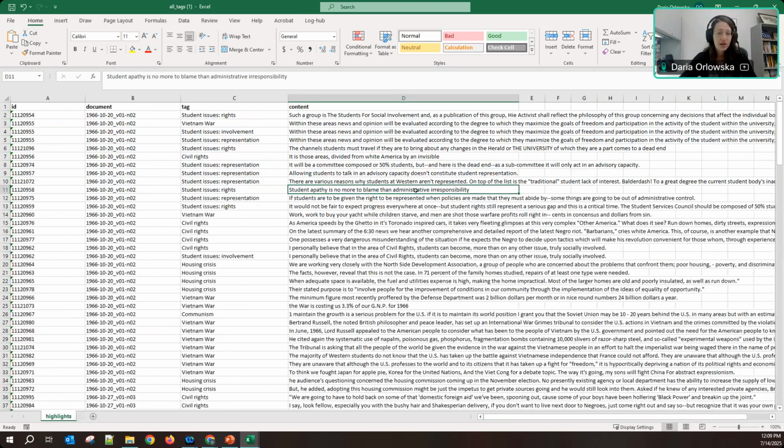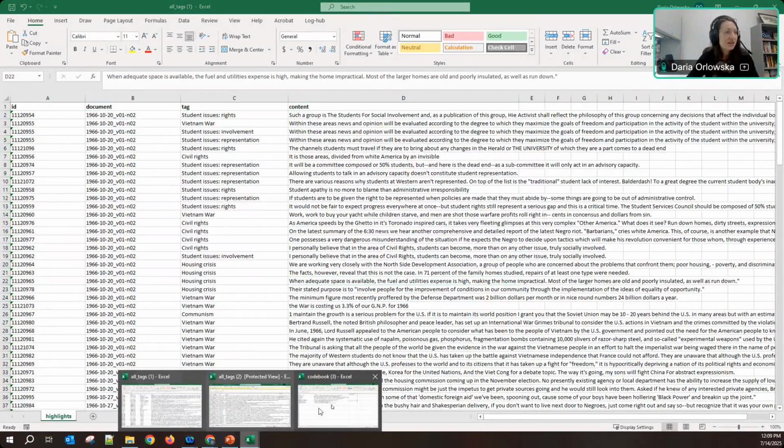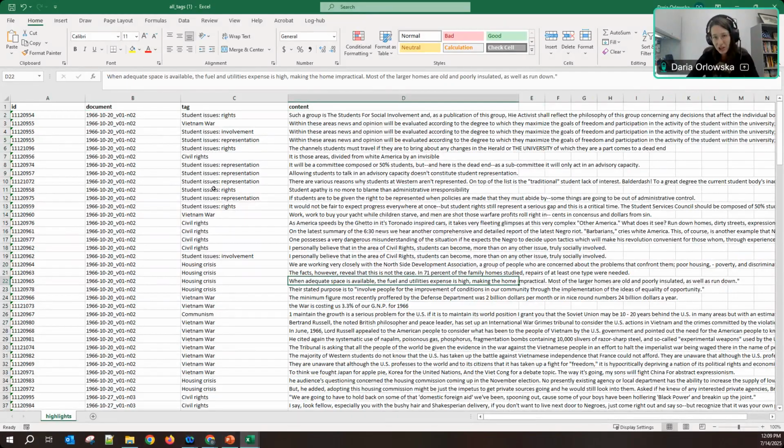If you are working just by yourself, this might be enough information to make some decisions about changes, right? You can use this document, which has your ID, your document, your tag, and your content, and look at these definitions, and you can make some decisions with just one person. If there is more than one person working on tagging, I would suggest working on two separate projects, especially if all you're doing is exploratory tagging, which means just kind of going in and highlighting things and tagging them.